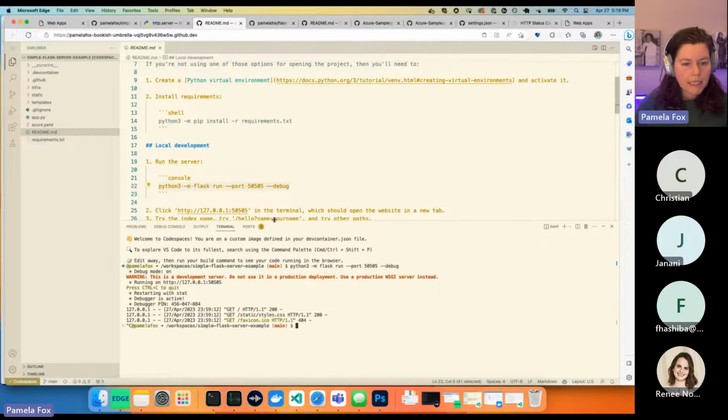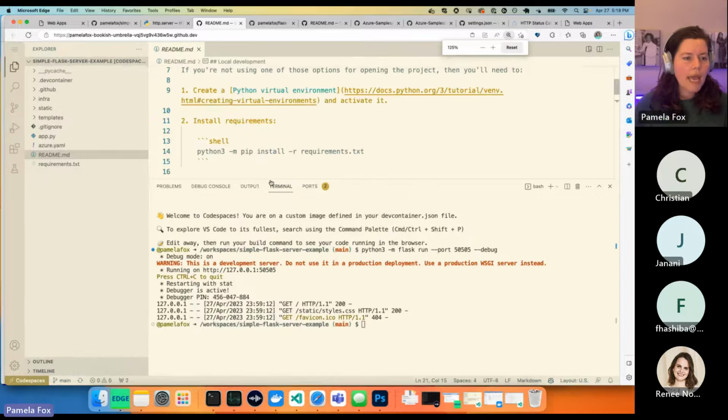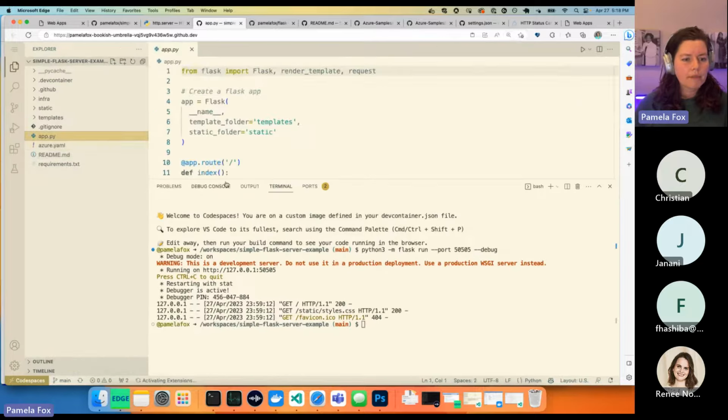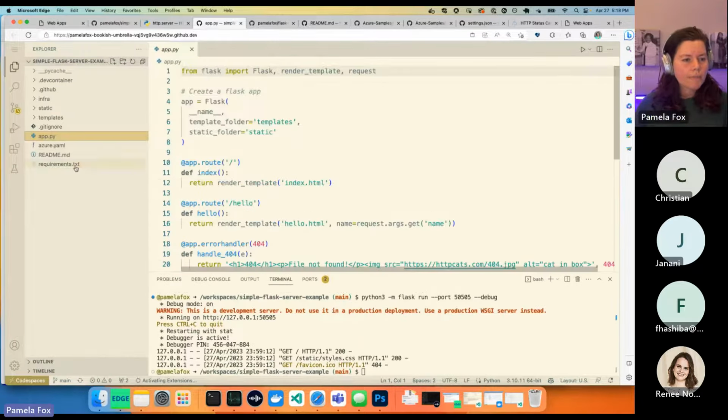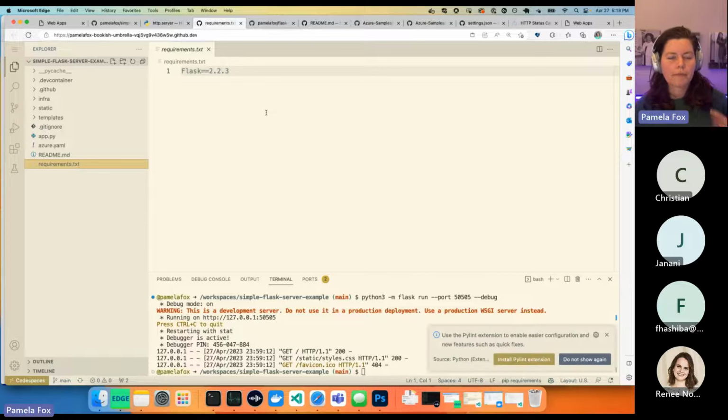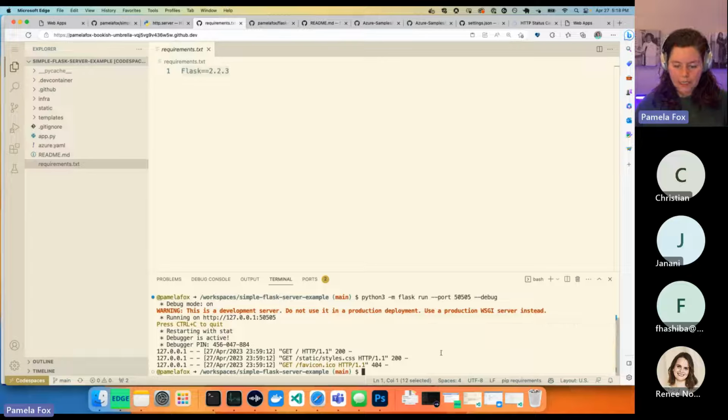So here I'm inside this repo, and I have a very simple Flask server. In order to make a Flask app, I have to use the Flask package. It's an external package, so I put it in requirements.txt, and then I install from requirements.txt using pip.